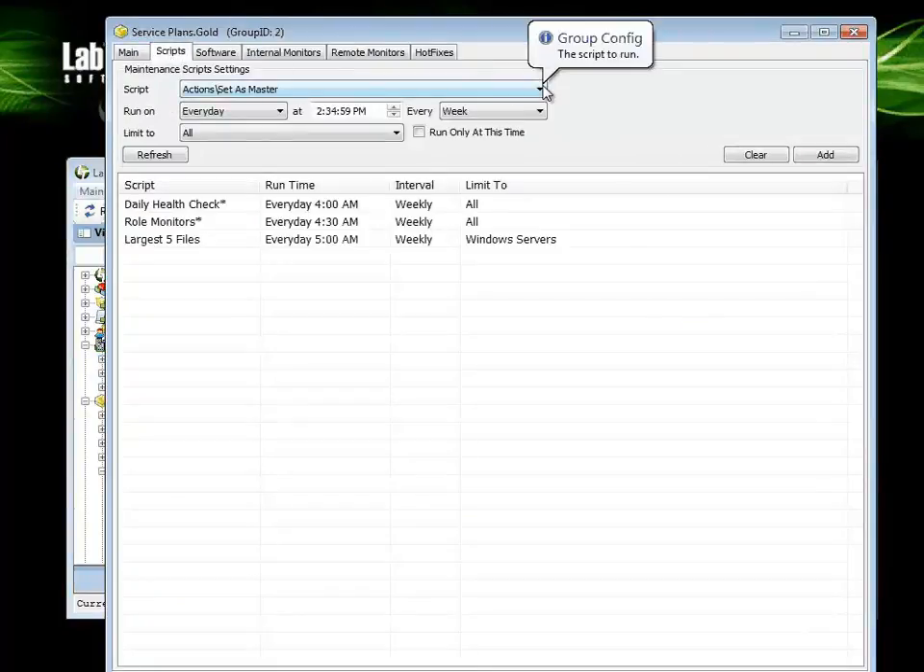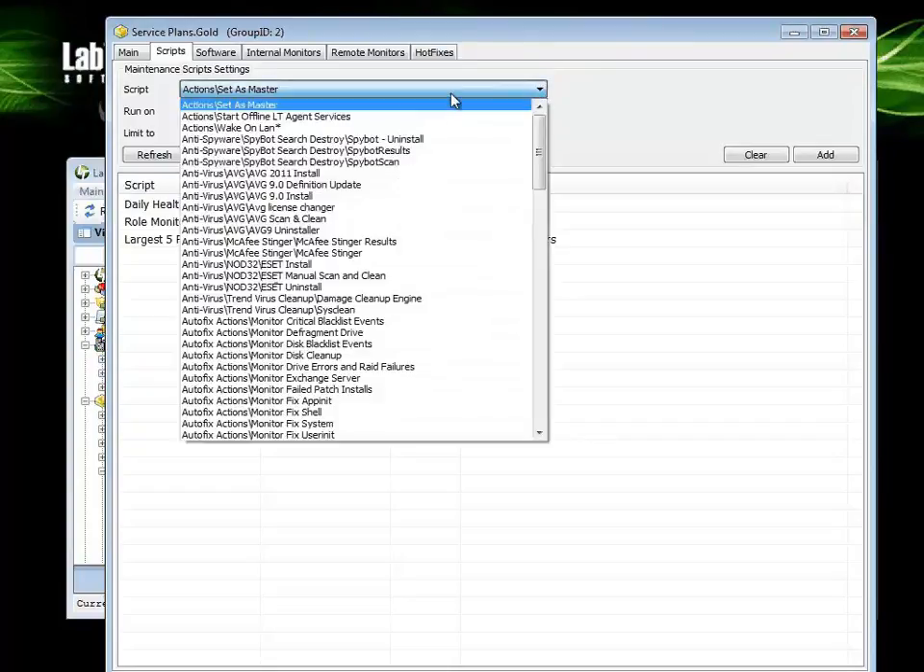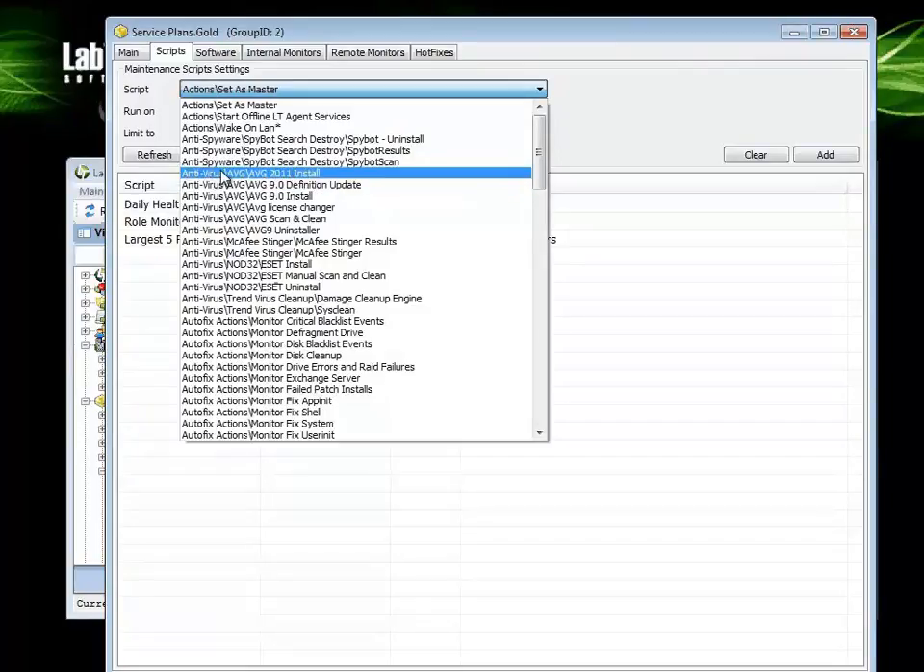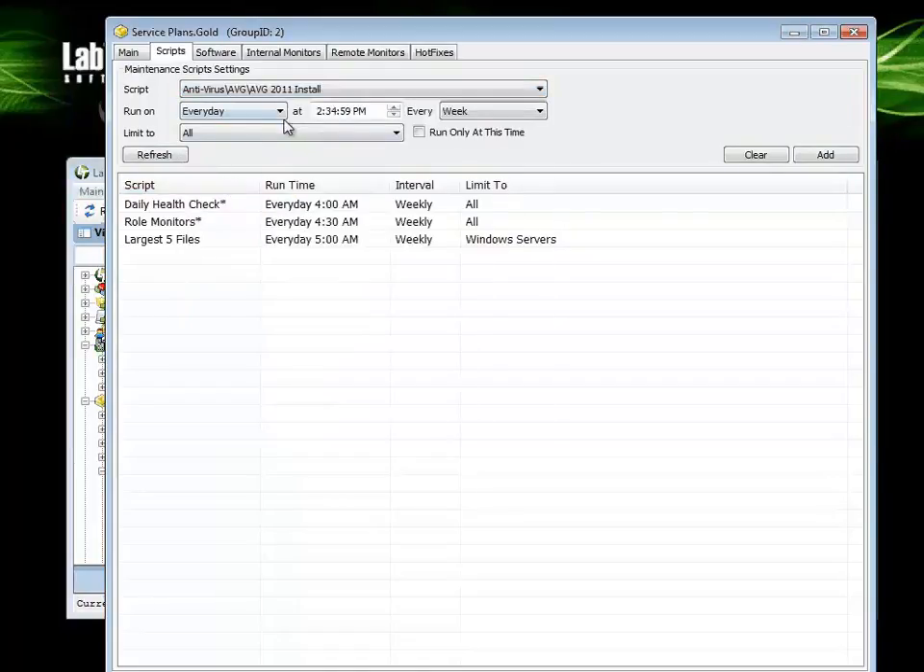Here on the Scripts tab, we're going to click on the drop down, and you can see once again in our AVG antivirus install listings, we have the same 2011 or 9.0 install scripts. We can select the one we want to install and tell it when we want to run. In this case,